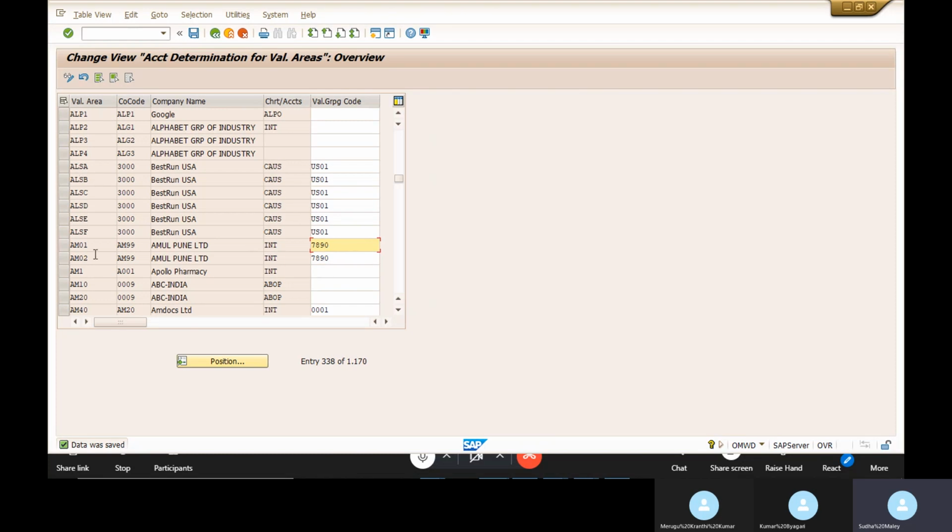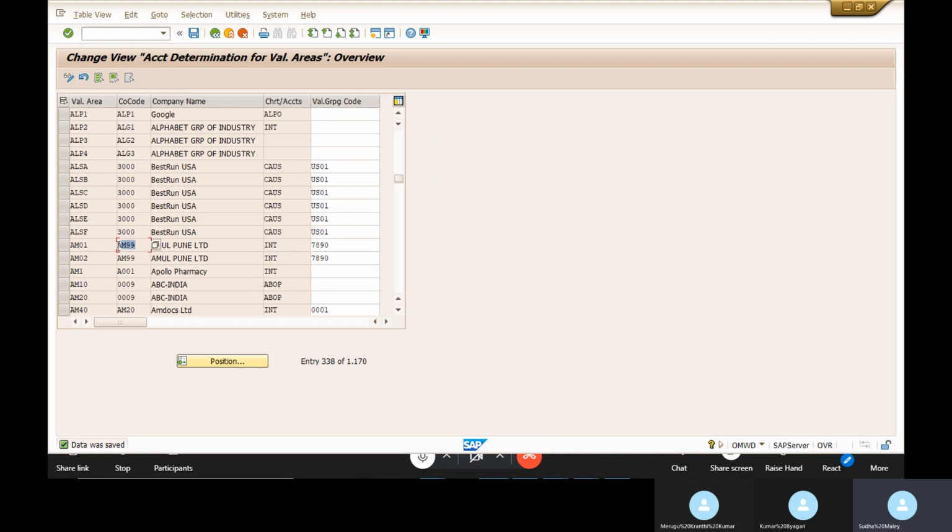Here the valuation area is assigned to the company code, and the company code is assigned to the chart of accounts. Chart of accounts is nothing but a group of GL accounts. This is an FI configuration where they assign a chart of accounts to the company code.